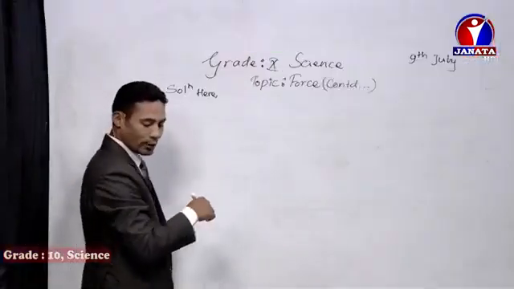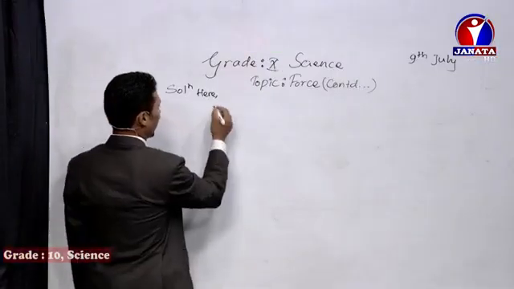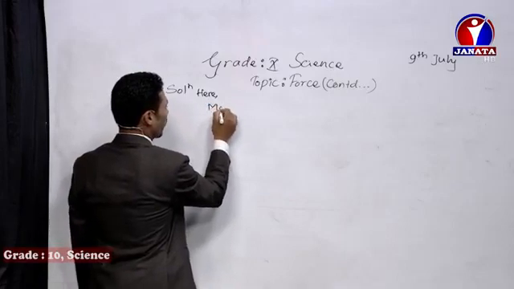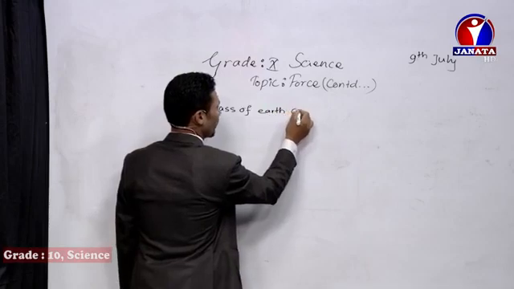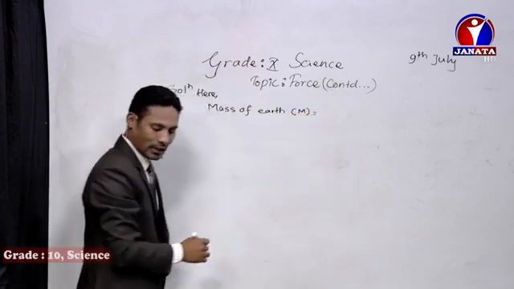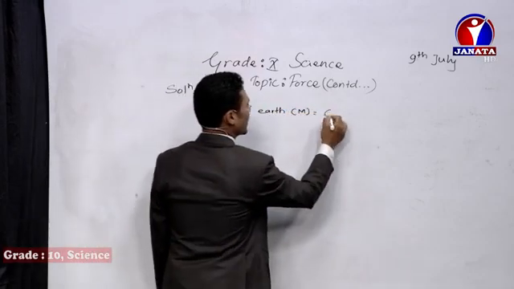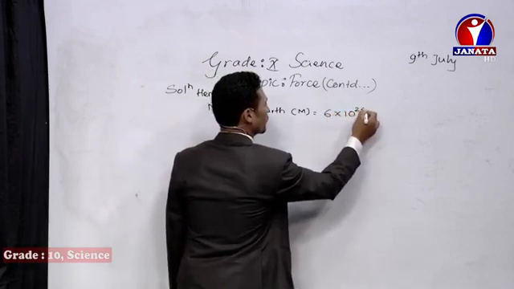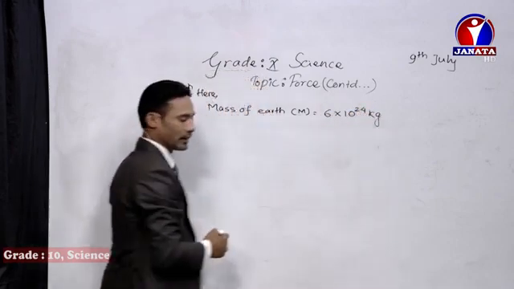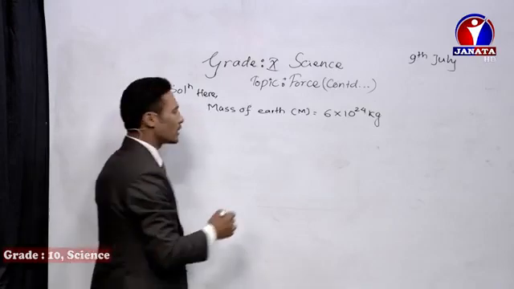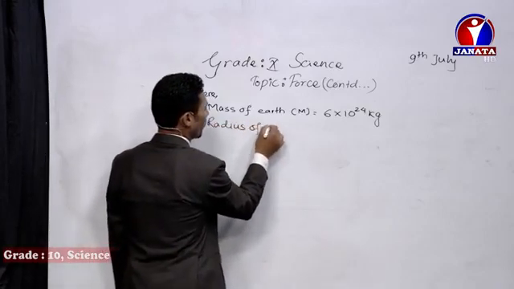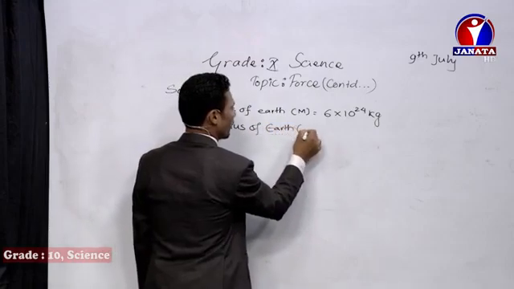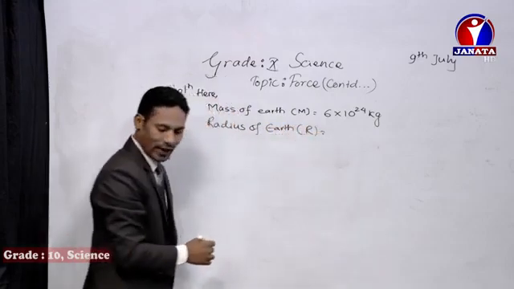So let's write down firstly the given. Firstly, mass of Earth is given. I will write it as capital M. The mass of Earth is given over there, 6 into 10 to the power 24 kg, right? Similarly, the radius of Earth is also given. I will represent this by capital R. The value is given